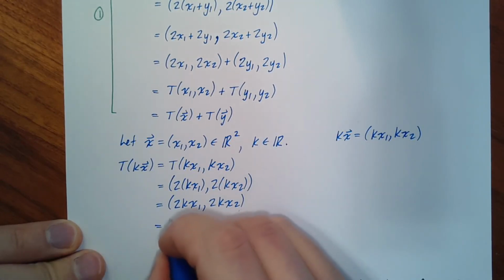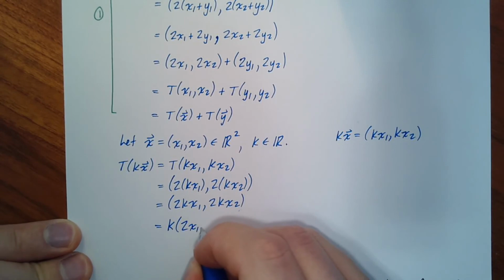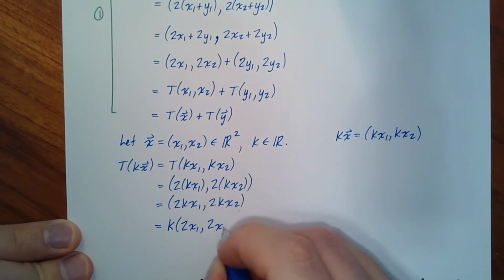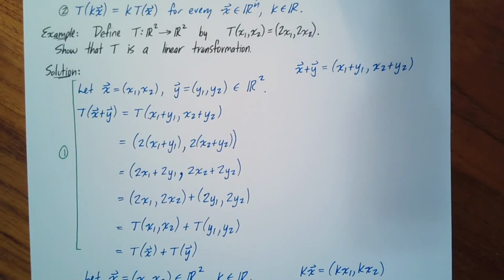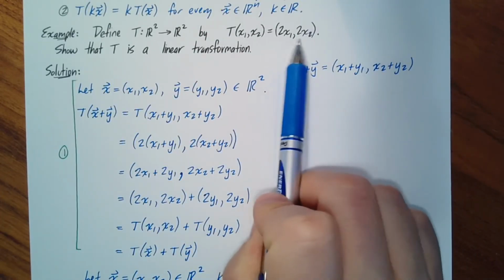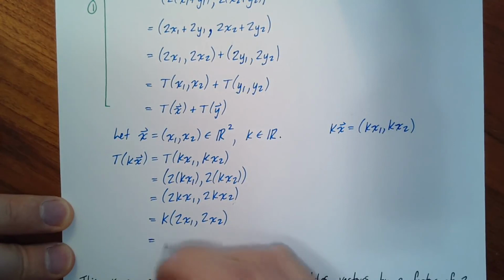Let's write this as k times 2x1, 2x2. And then, if you forget about the k for the moment, just look at this vector, 2x1, 2x2. That's exactly t of x1, x2. So this is looking good. This is going to be k,